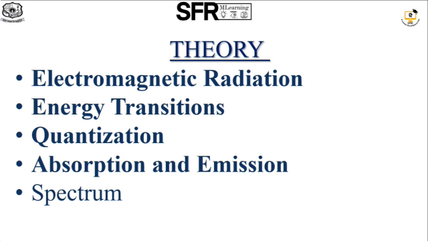Absorption is when atoms or molecules absorb energy, moving to a higher energy state. Emission is when atoms or molecules release energy, returning to a lower energy state. A spectrum is a wide range of energies or frequencies emitted or absorbed, characteristic of a substance, for every transition.